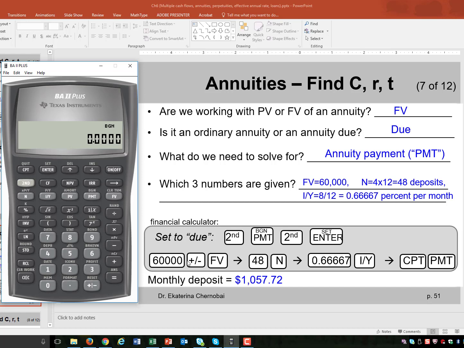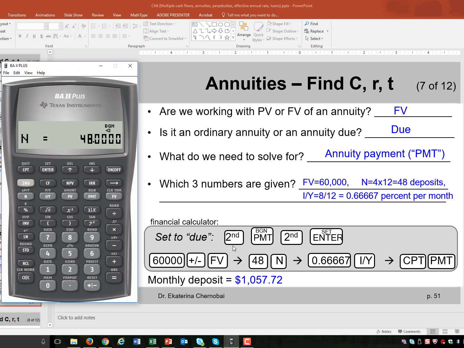So we are given the future value of an annuity due. So you just put 60,000, change the sign to negative, and press the FV button. We have a total of 48 deposits that we would need to make in order to reach this $60,000 goal in our bank account. So you press